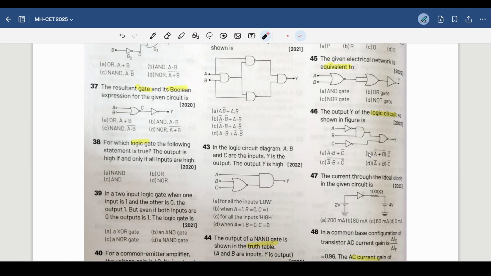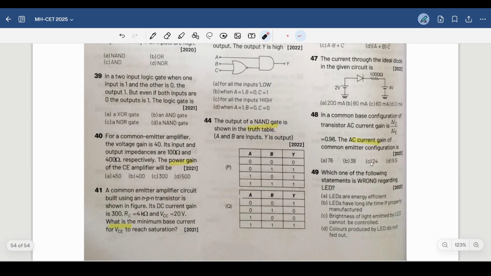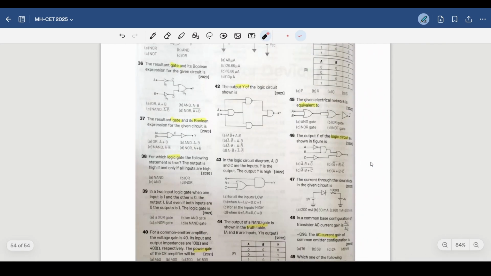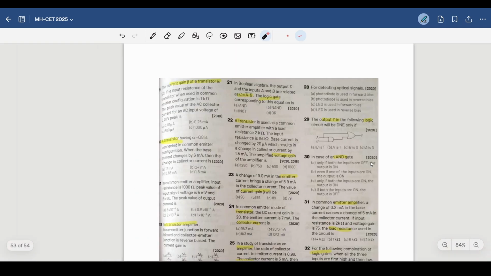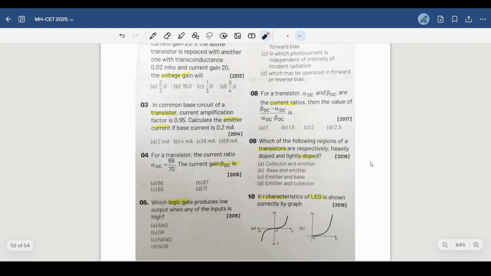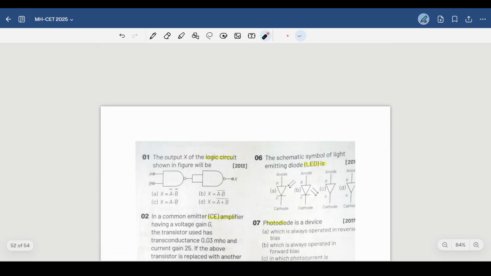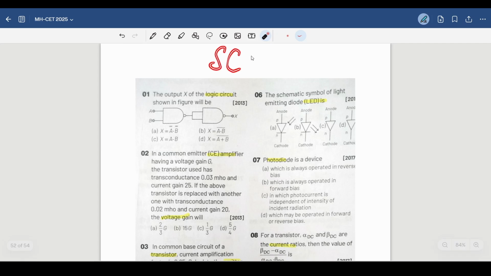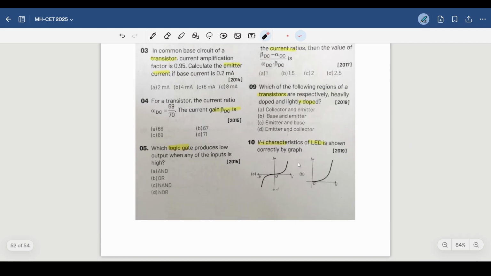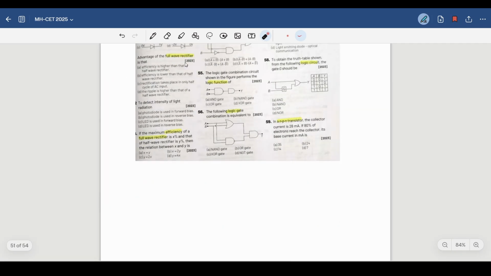Okay. So basically, right now we have just skimmed through, in a very short time, all the previous year questions that have been specifically asked from this chapter called semiconductor devices. So now if you just summarize, you can see there are a lot of questions that have been asked from number one.